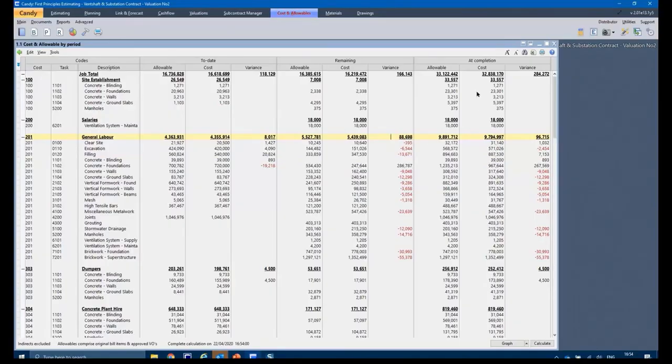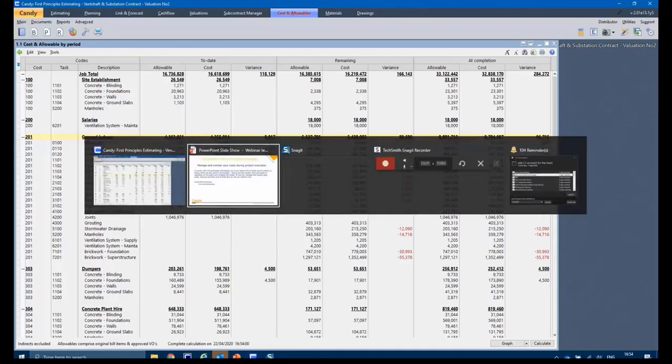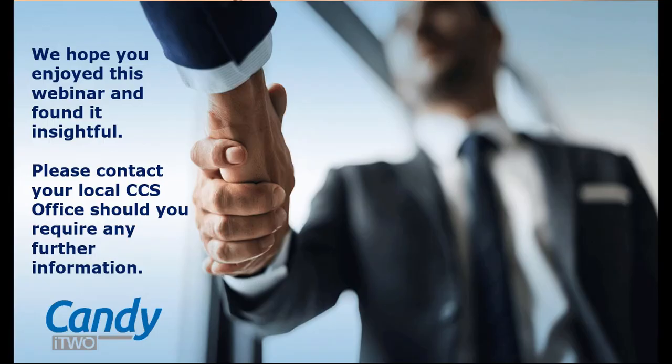And that's just because of the one item that I've now re-engineered in terms of cost worksheet. My at completion cost is the sum of what I've incurred to date plus my remaining cost to give me an at completion cost. And this is how first principles estimating assists us with project execution.